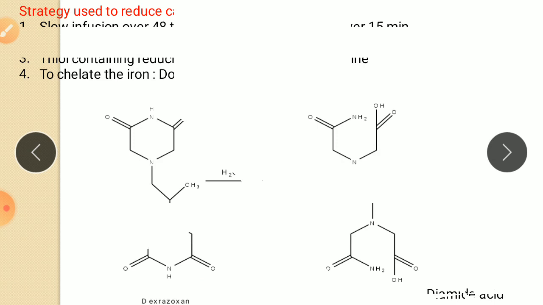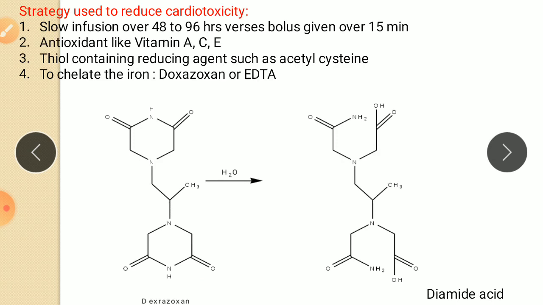Now, strategies used to reduce this cardiac toxicity. Several strategies have been developed, and the first one is slow infusion over 48 to 96 hours versus bolus given over 15 minutes. Slow infusion means anthracycline is slowly administered over 48 to 96 hours. The anthracycline solution is slowly injected, that is called infusion, so that there is less chance of free radical formation,